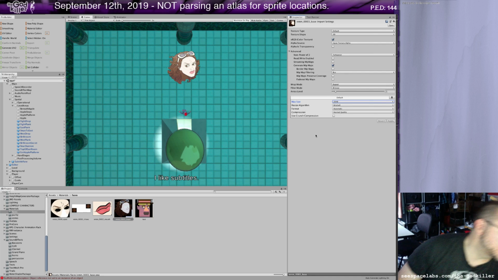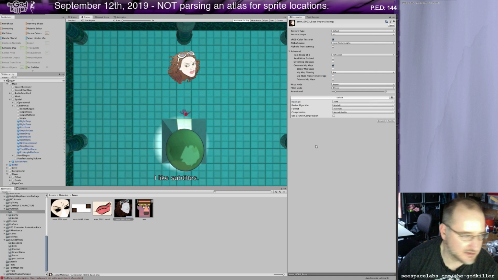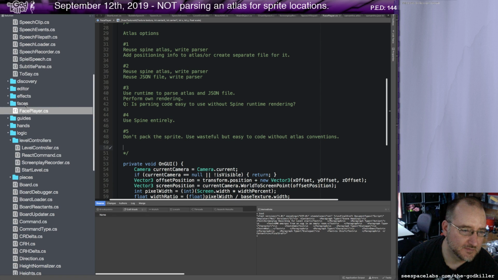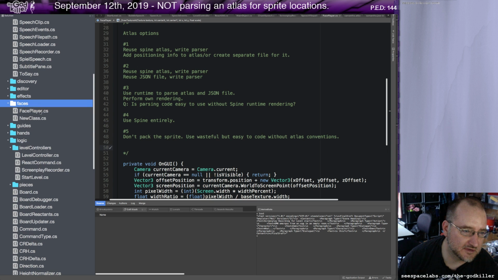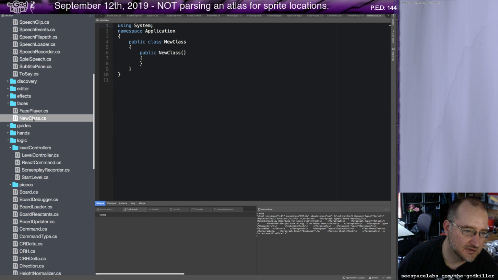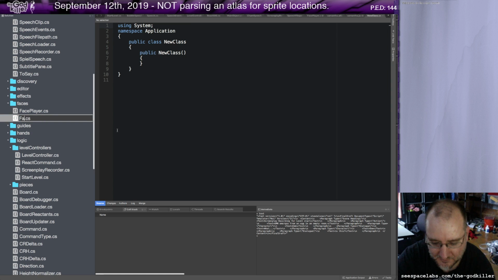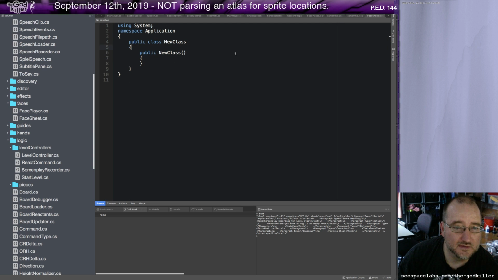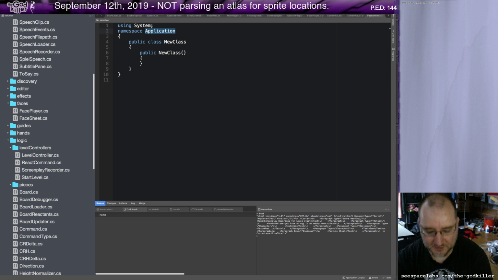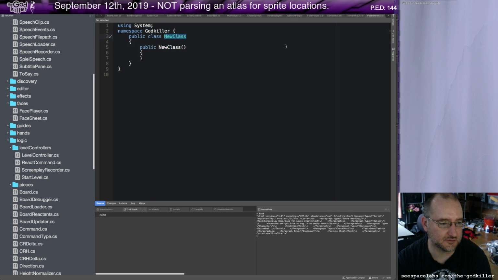I kind of have an idea of what I need. So I'll map out the worst case scenario. I think this is going to generate a new class called face sheet. It's going to have some different areas to it. But let me think of the requirements for it. Things it must do. So a face sheet, which is like a sprite sheet. That's why I'm calling it a sheet. A face sheet